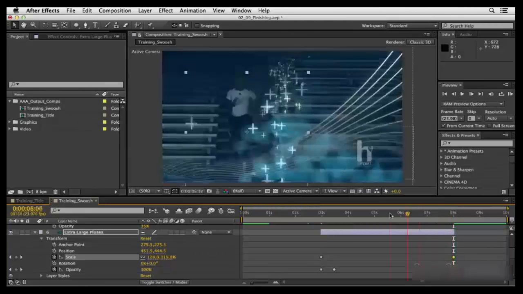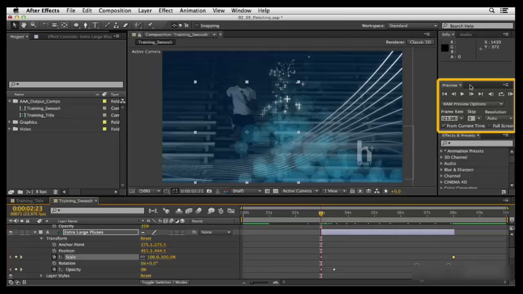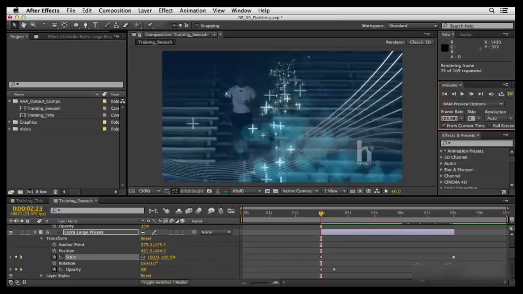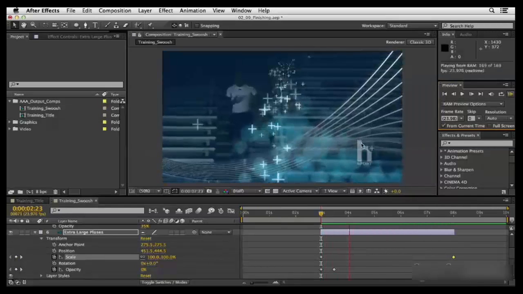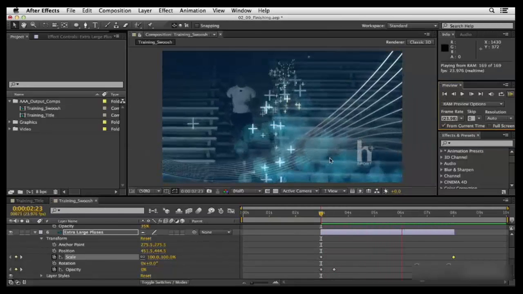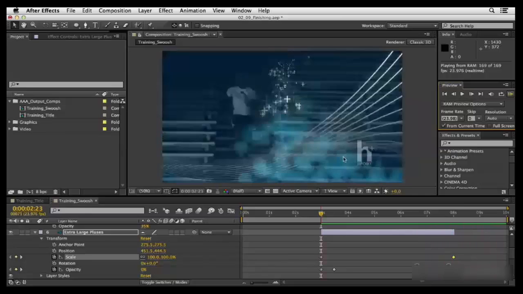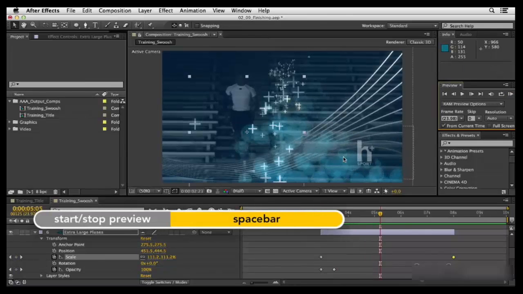To see how this looks, I'll go ahead and move my current time indicator to the start of that layer. In the preview panel, I'll make sure from current time is selected and then click the preview button. This will give me a preview as to how that layer is moving. And notice just by adding that slight scale move, I've already started adding a different sense of depth to the scene. So I'm going to press the space bar and just stop playback here,